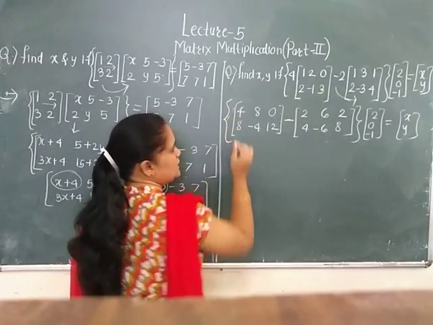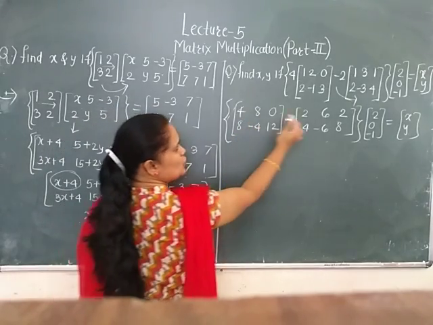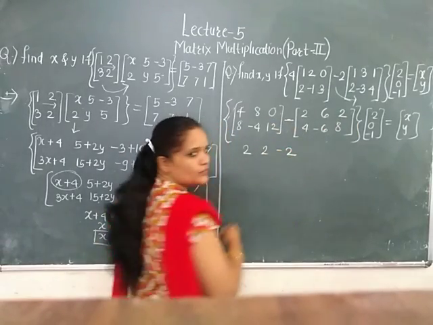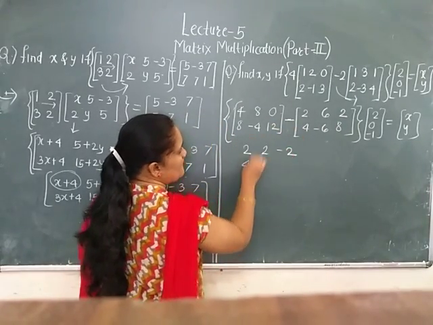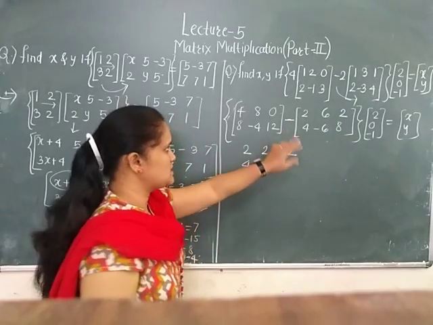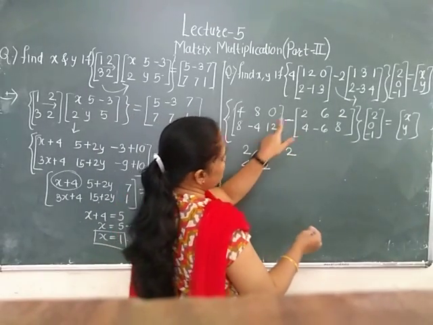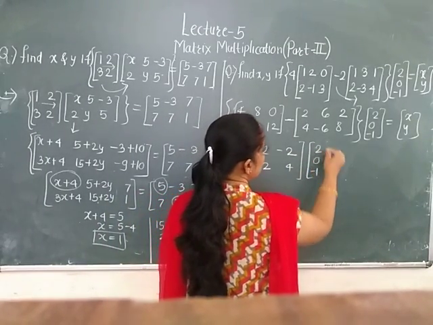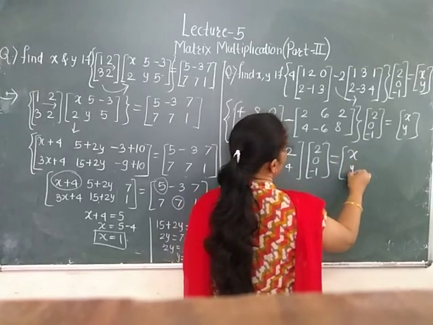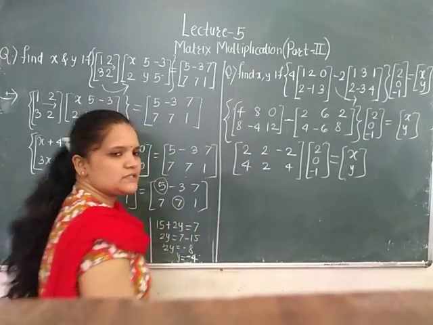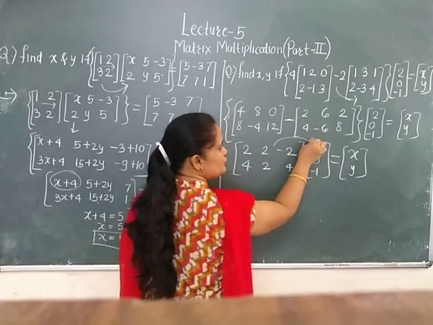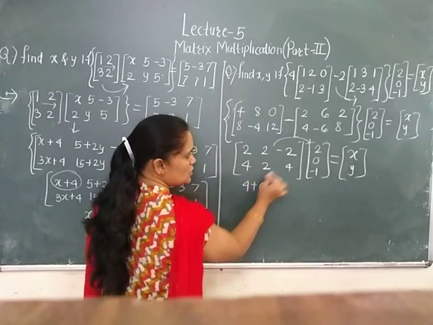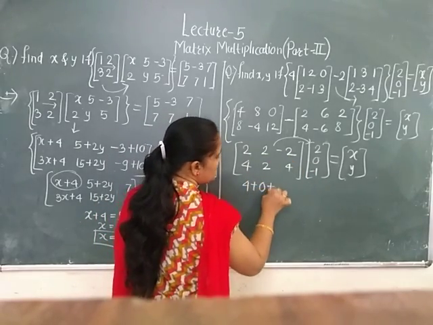Here a curly bracket is there. So 4 minus 2 is 2, 8 minus 6 is 2, 0 minus 2 is minus 2, then 8 minus 4 is 4, minus 4, minus minus becomes plus. So plus 6 minus 4 is 2, 12 minus 8 is 4, into 2, 0 minus 1 is equal to x, y. Now this is the multiplication of two matrices. First row will be multiplied by first column. 2 into 2 is 4. 2 into 0 is 0. Minus 2 into minus 1 is plus 1.